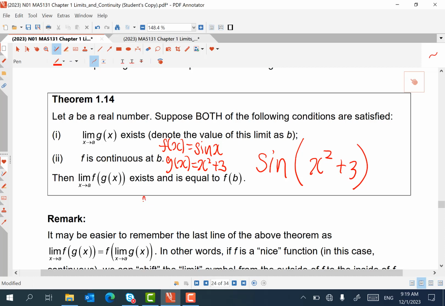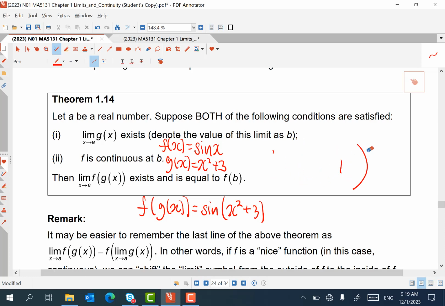So then your f of g(x) is exactly this thingy. What this result aims to tell you is this, that if you ever need to find the limit of such a function, such function they are called,